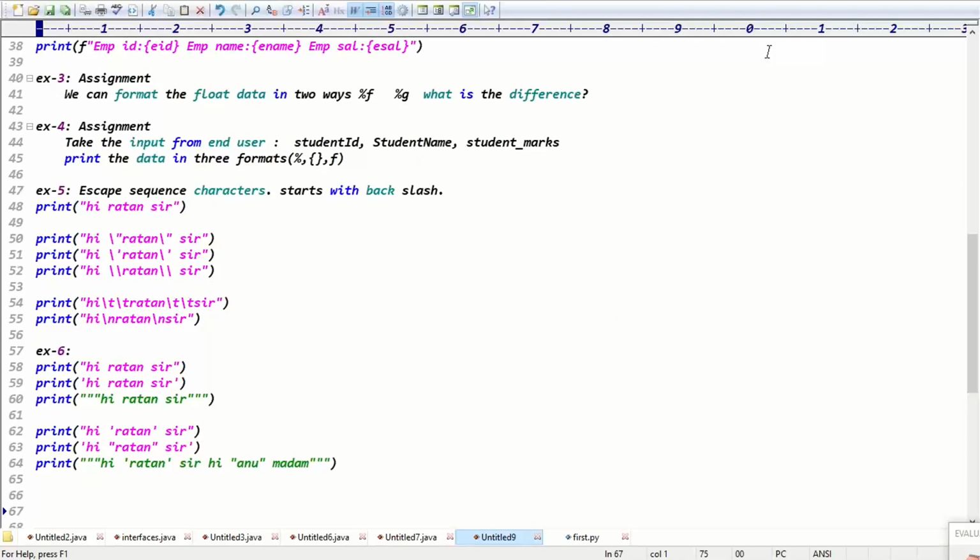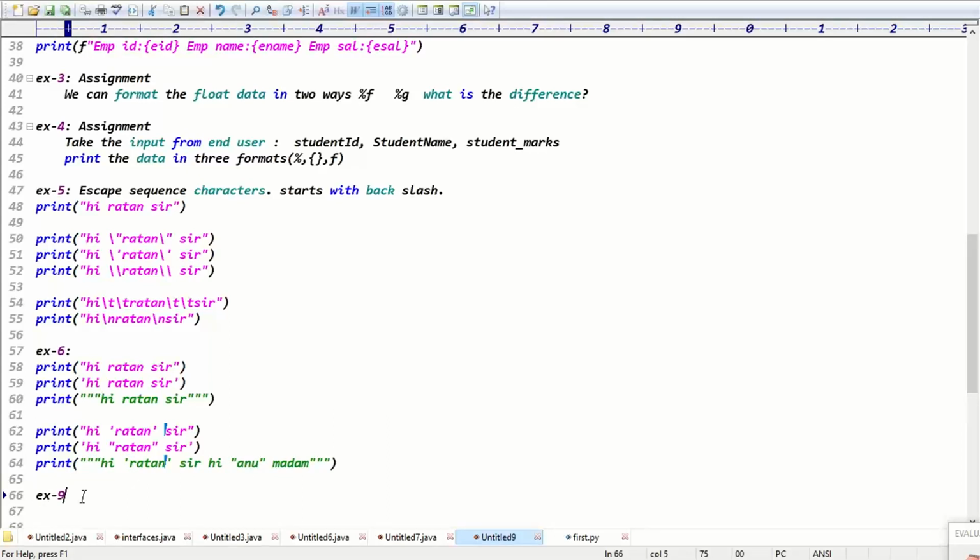You can print the string data in total how many ways, guys? You can print the string data in total 3 ways, right? We can put it in double quotes, or you can put it in single quotes, or you can put it in triple quotes also, right? If the data is in double quotes, in the middle you can use single quotes. If the data is in single quotes, in the middle you can use double quotes. If the data is in triple quotes, in the middle you can use single quotes as well as what? Double quotes, right? Exactly, guys. Different ways of representation, that's it.